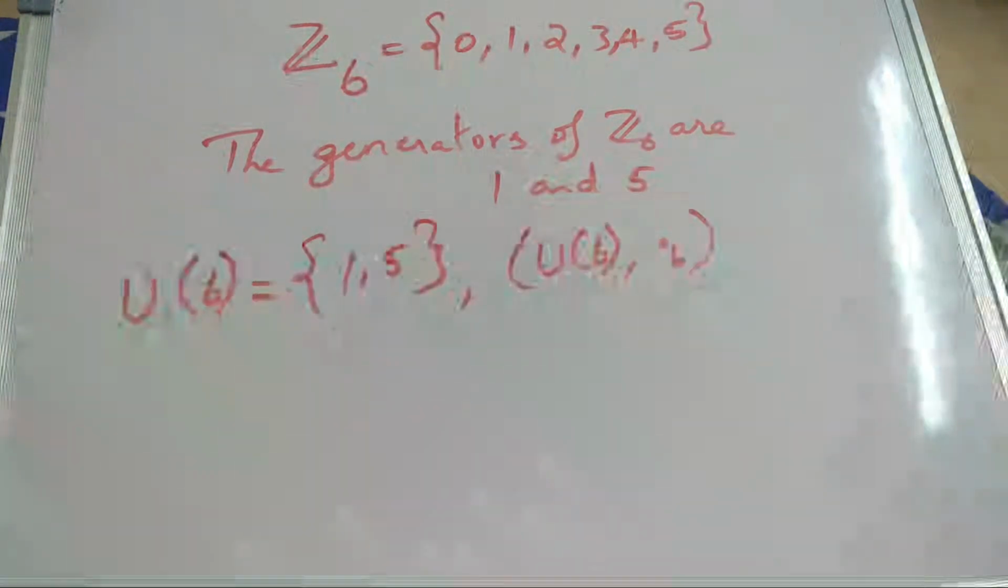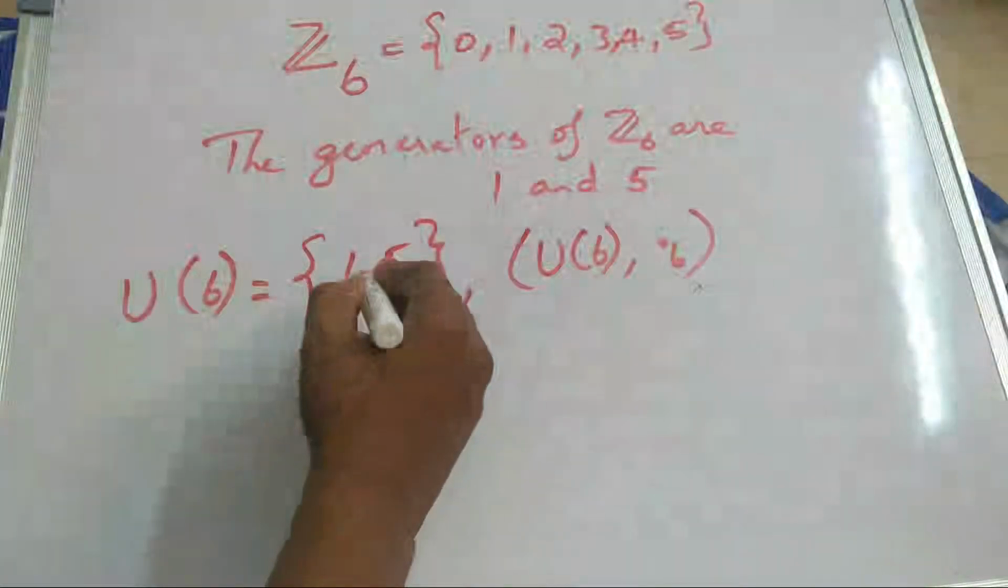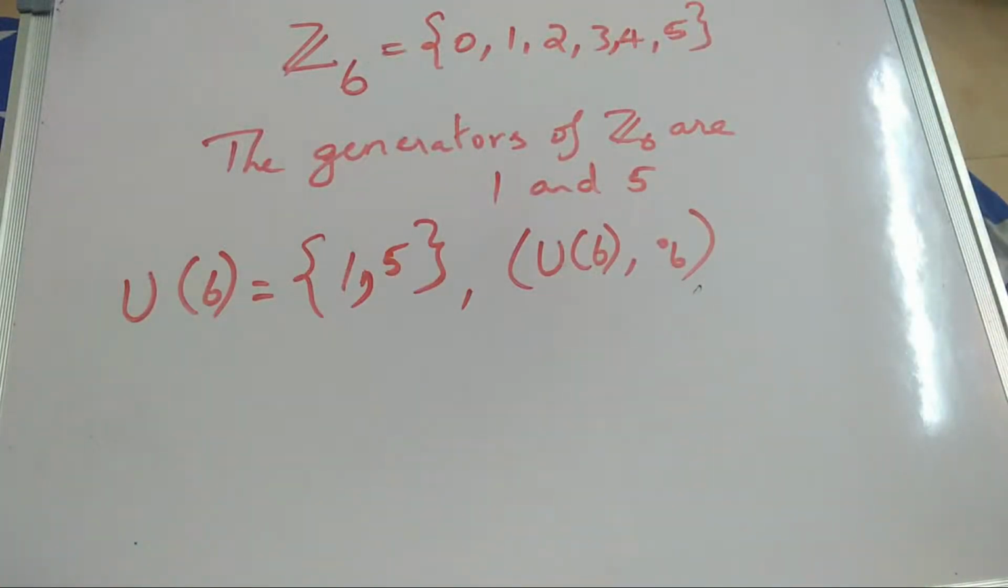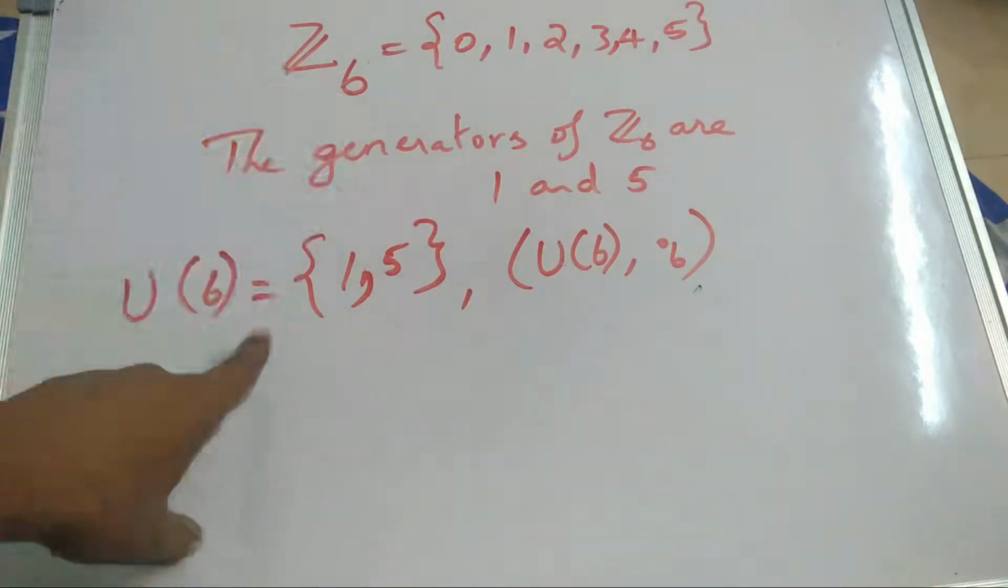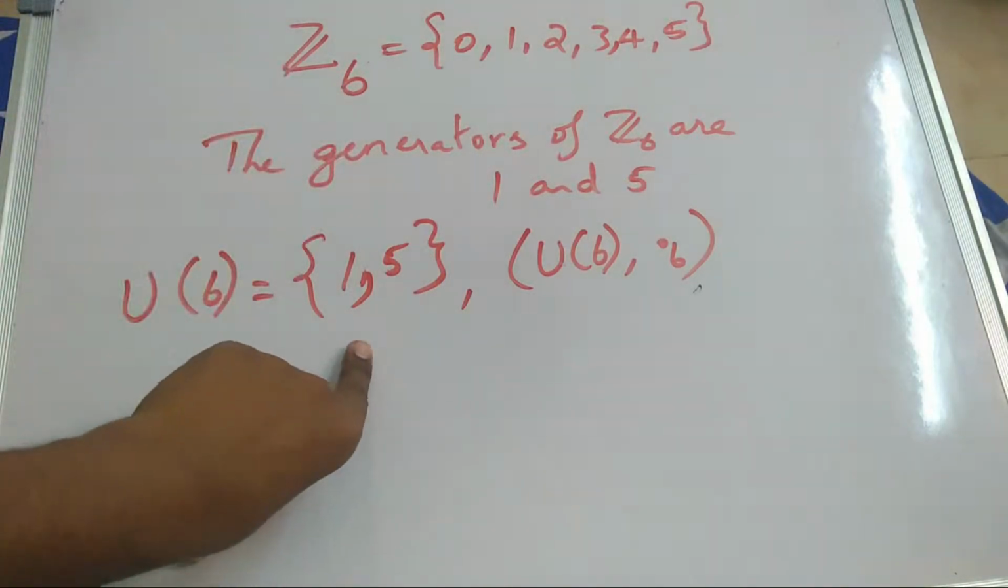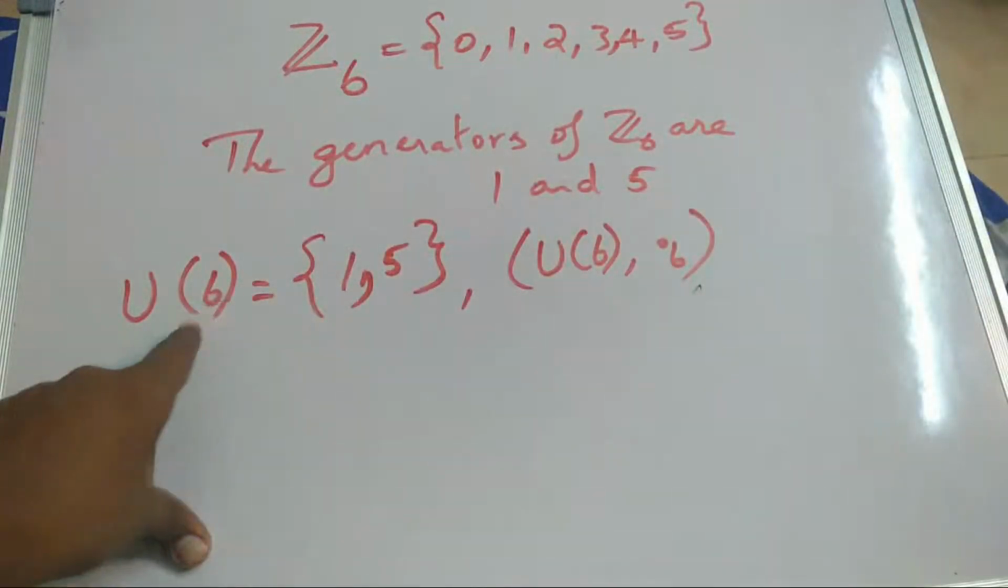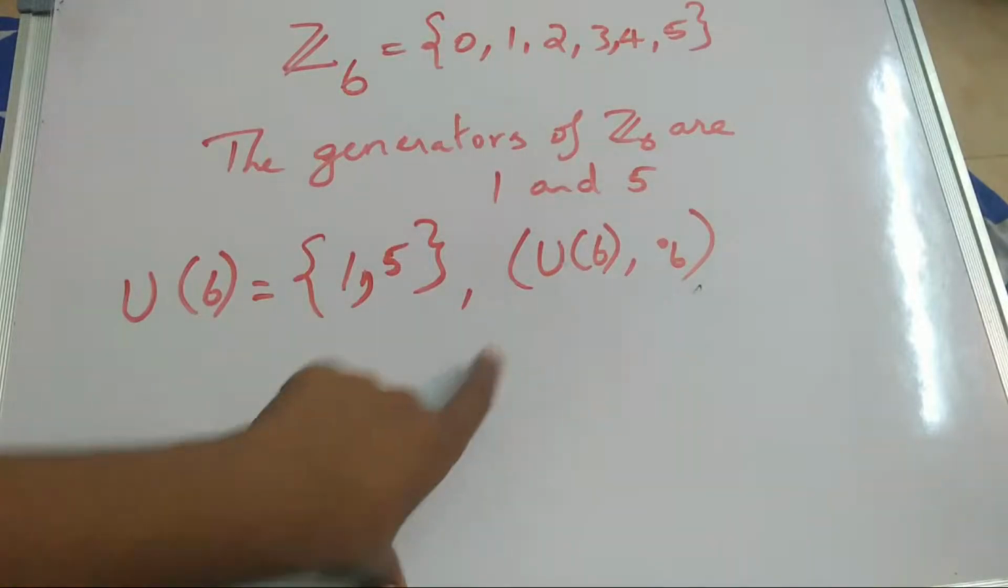Fine. So for Z6, we know that the generators are 1 and 5 because 1 and 5 are relatively prime to 6. Now we are creating a new set, and we are defining a new operation on it. We are calling this U of 6. U of 6 is the collection of all generators of Z6. Now we are going to show that this forms a group under